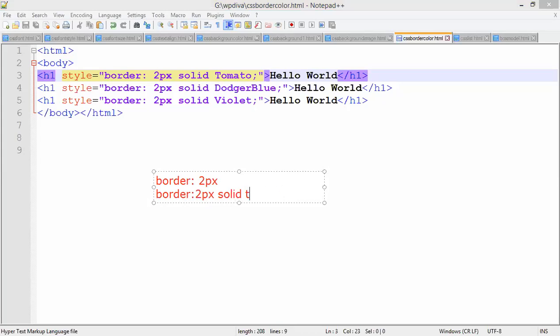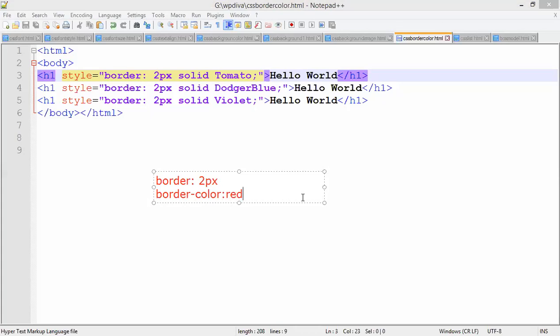If you get confused by this, you use only a single color, for example, red. Then complete the semicolon and then complete the double quote. Or you can also use border-color colon red. You can also use this property. But here what I have done in my code, I have done it on a single line.